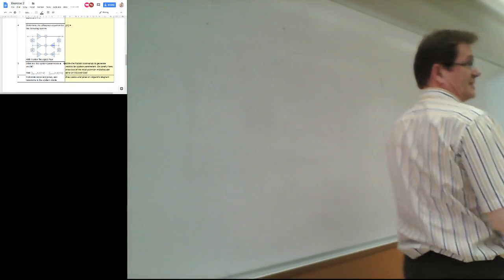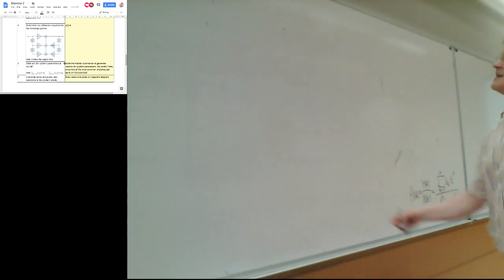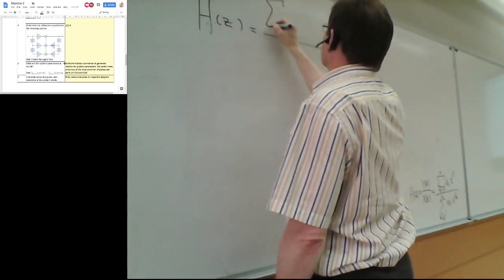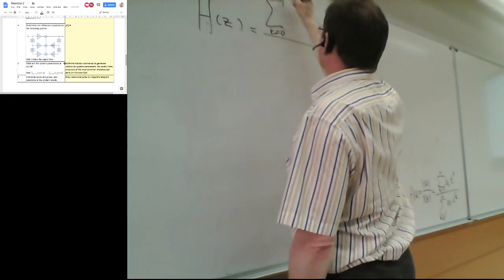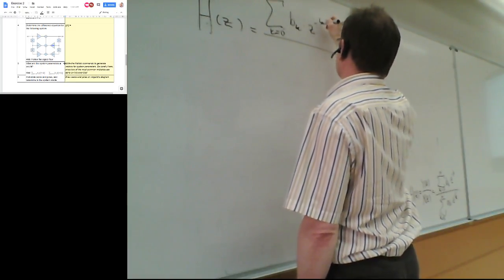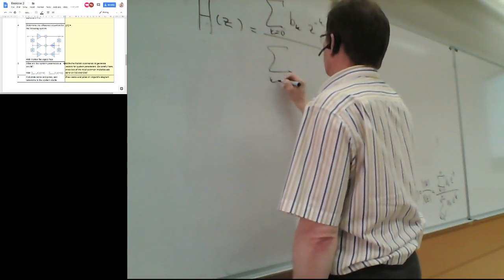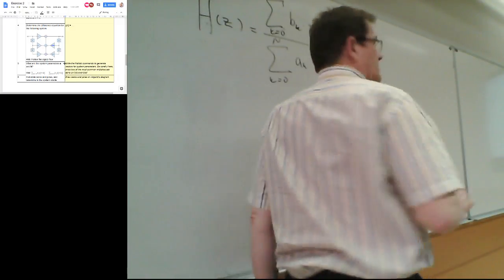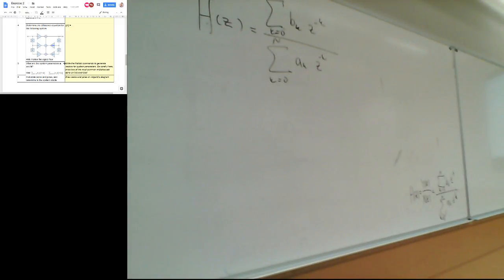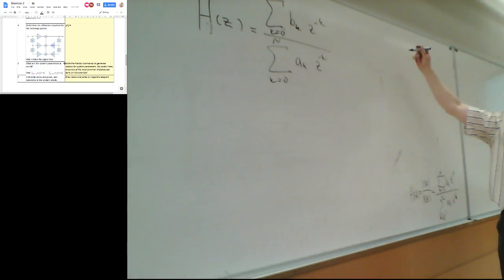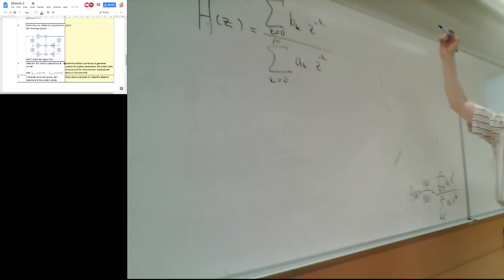Or Z transformed into frequency space. Our transfer function, I'll just repeat it here so I can have some more room. The sum of k from 0 to n, bk times z to the minus k, over the sum of k from 0 to n, ak times z to the minus k. Okay, now if you want to know the zeros and poles of the system, meaning the special points for the